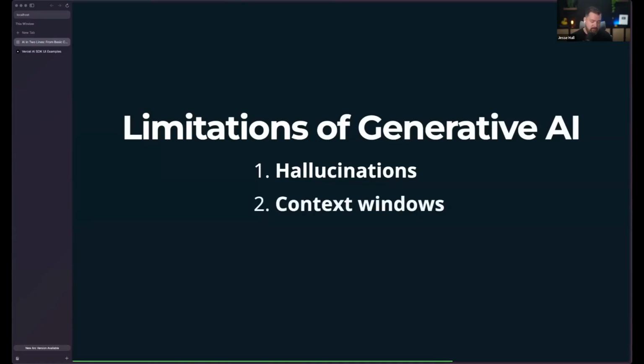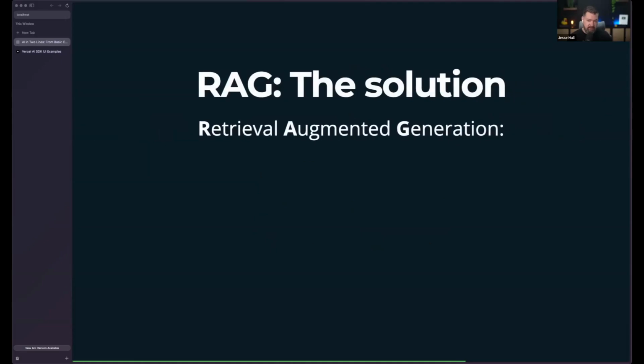They also have limitations to their context windows. Many of these models have very, very large context windows, but no matter which model you're using, they all have a limit. They all have a cutoff. So how do we work with that? And then the knowledge cutoff as well. They all have been trained up to a specific date and time, and they only know what they've been trained on. And so there's one thing that solves many or all of these problems, and that is RAG.